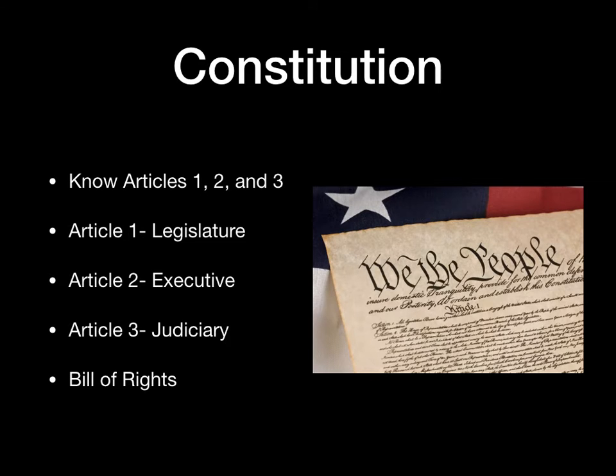And then the Constitution structure itself, we have Articles 1, 2, and 3, which are mainly the most important because they lay out the three branches of government. So, Article 1 is the legislative branch, number 2 is the executive branch, and number 3 is the judiciary branch. And there's other articles that lay out how elections are to be done, in further detail on how we should structure our government. But we have the Bill of Rights, as I said, first 10 amendments that are added to the Constitution during the ratification process to get more states on board.